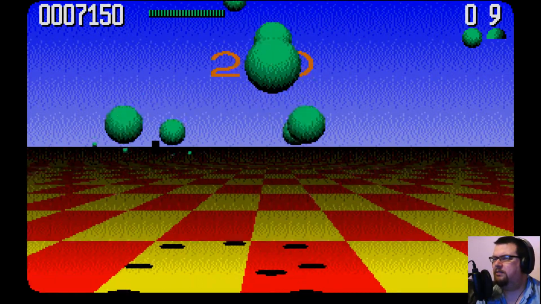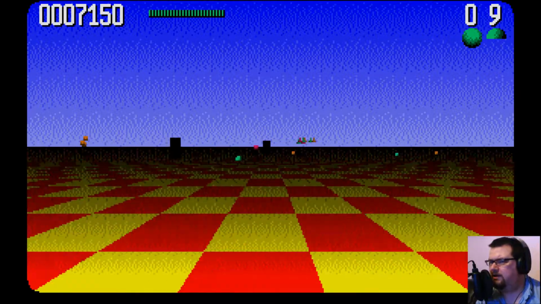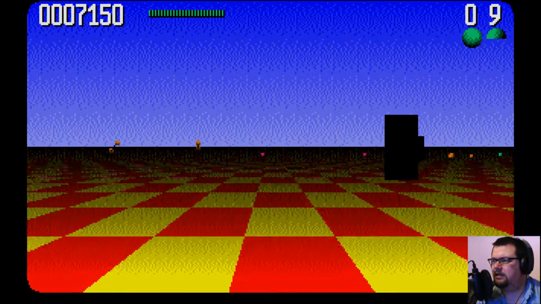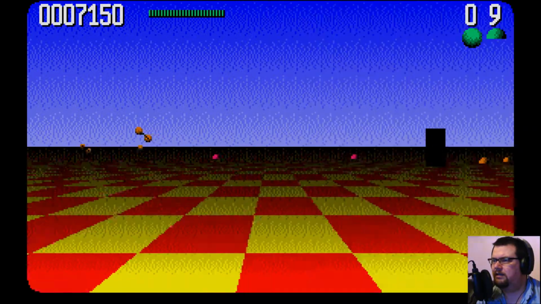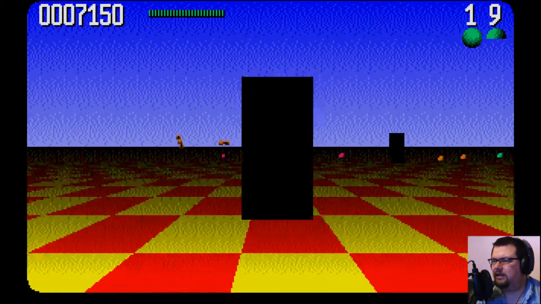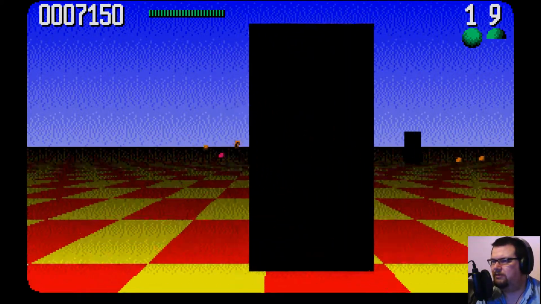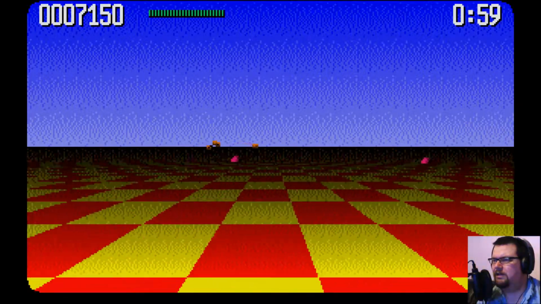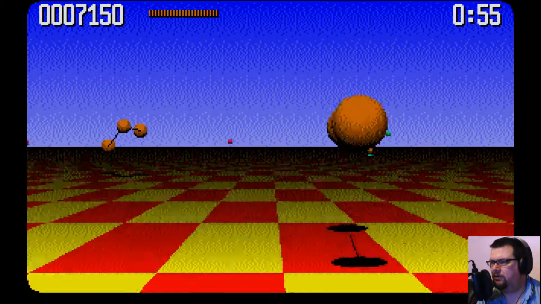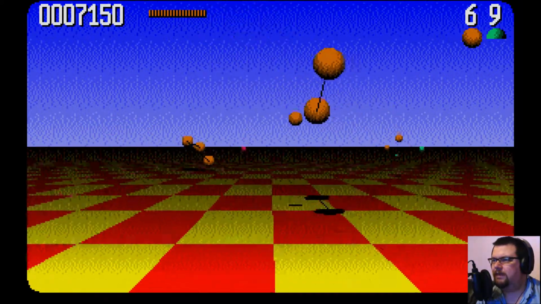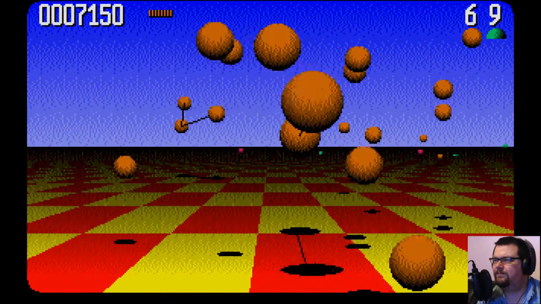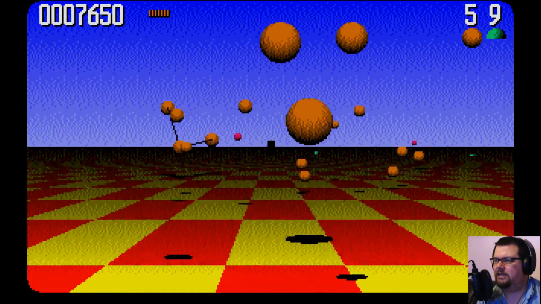You've got a few ways you can help yourself out. So these black obelisk things, if you charge into one of them and not miss it like I just did, then nothing happens apparently. Let's try that again. Mouse controls on this, very twitchy. There we go. Right, so if you go through one of those, then you'll notice there's a little clock in the corner of the screen. And that means time freezes for up to a minute until you fire a shot. So that gives you the chance to get in a good position